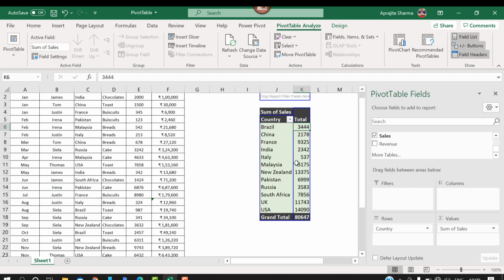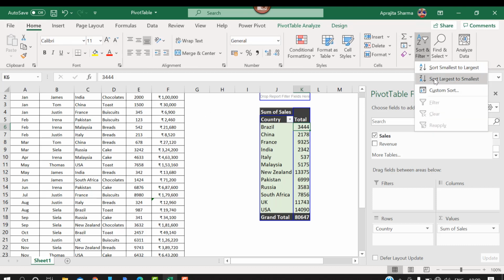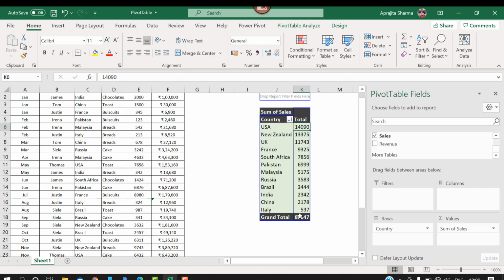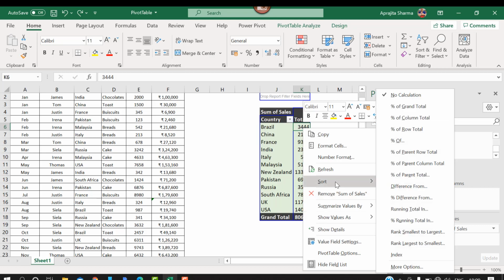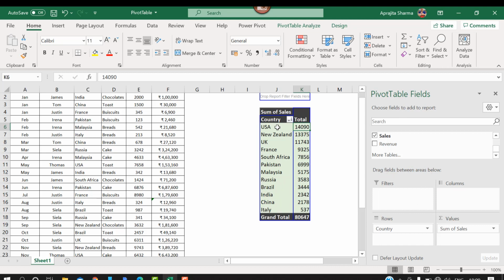I'll simply click anywhere on this number, go to home, sort from largest to smallest. Now my data is sorted from largest to smallest. Another way of doing this is just right click. Here you will get an option of sort. You can sort from largest to smallest. Similarly, if you want to sort these countries from A to Z, you can simply click on A to Z or Z to A.